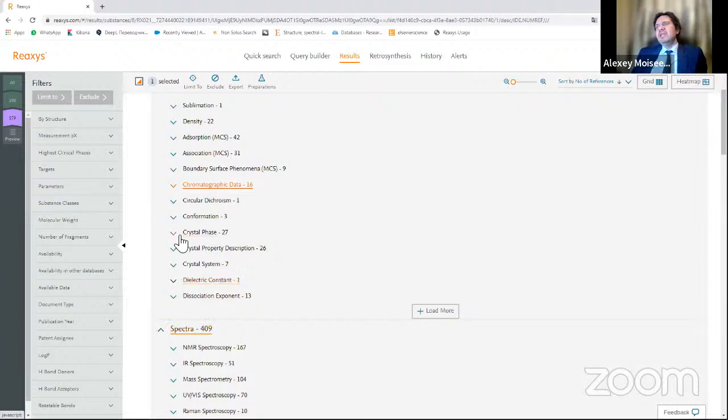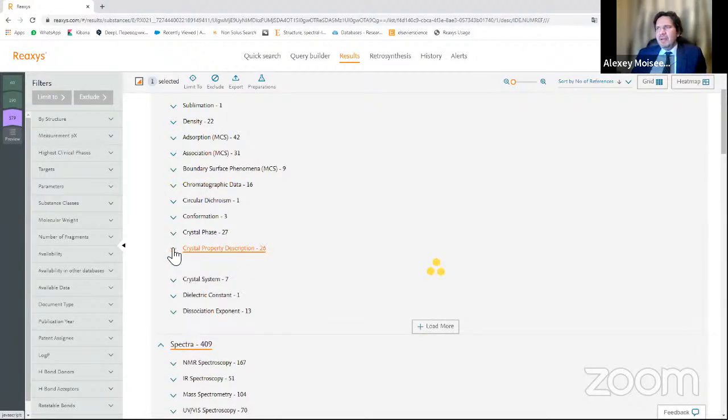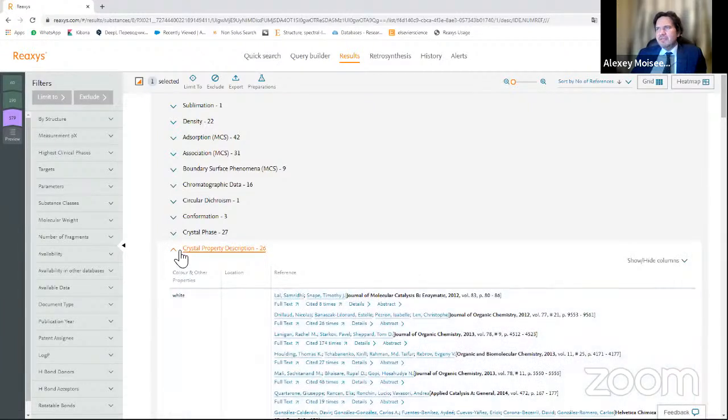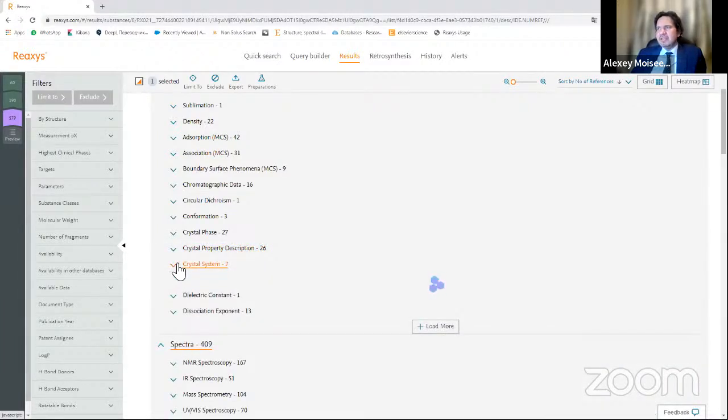And also crystal properties are available, so you're able to find the crystal properties of a substance and some other information, for example, crystal systems.